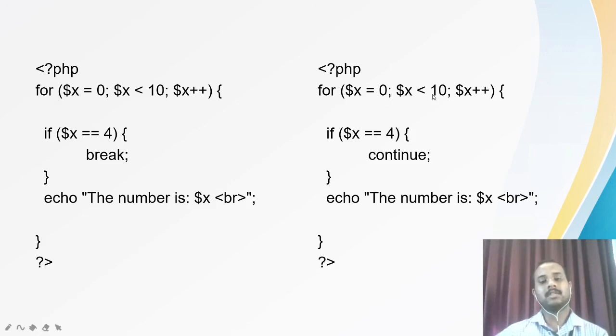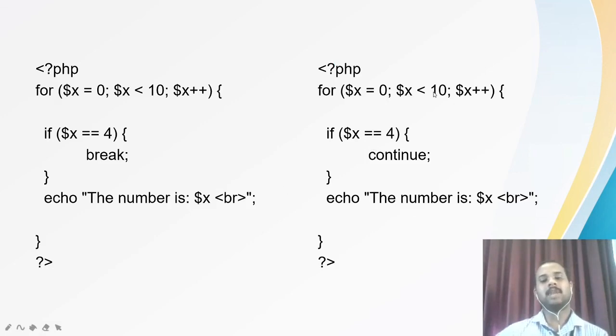So 0 is lesser than 10, no problem, so it is going to execute this, but here 0 is not equal to 4. So the condition is false and it will directly print the number is 0. Now again X will be incremented by 1. So 1 is lesser than 10, and the condition is false here, so it will print the number is 1.